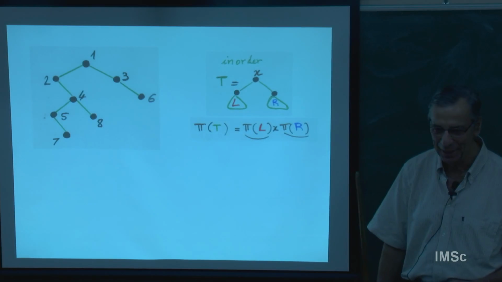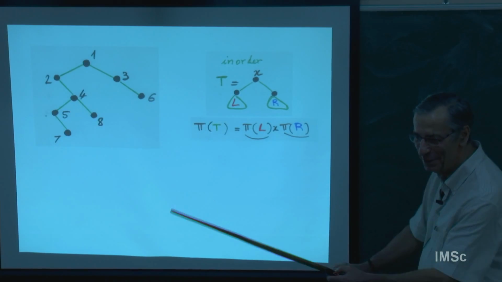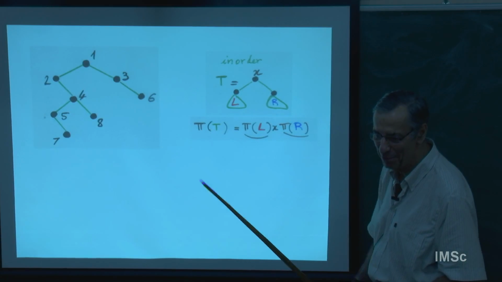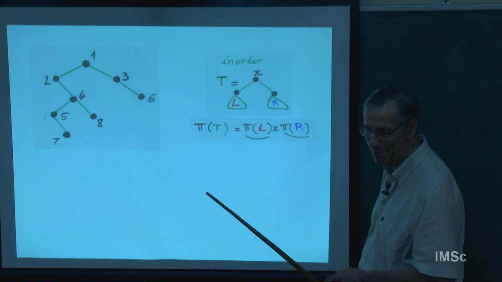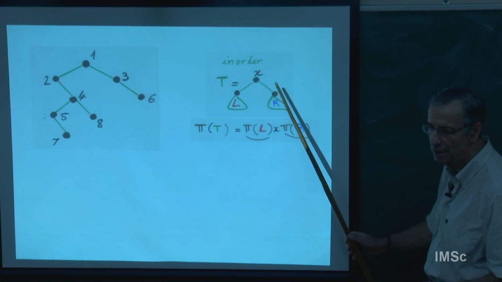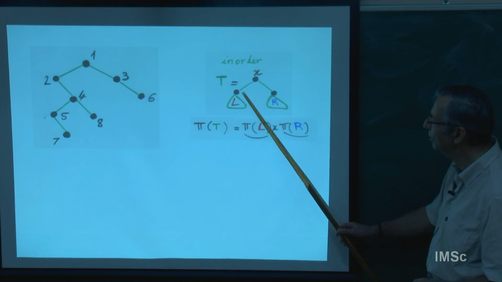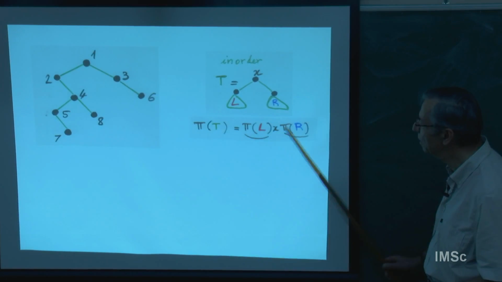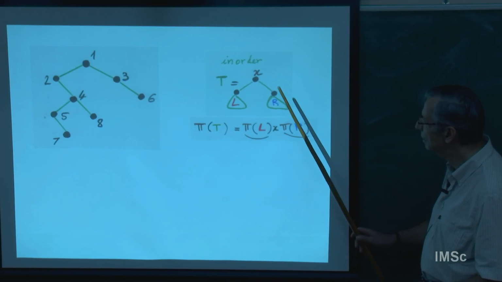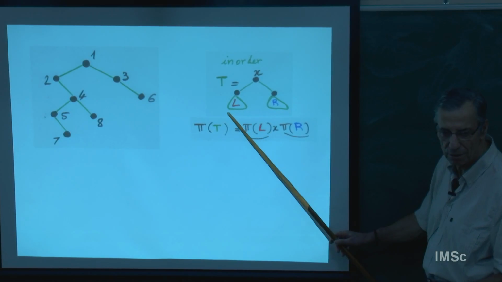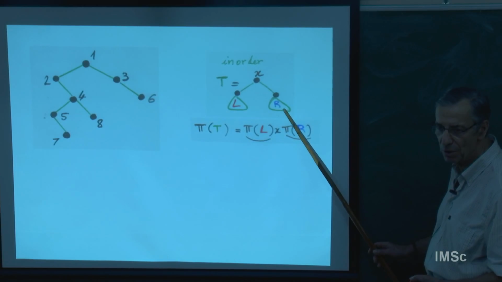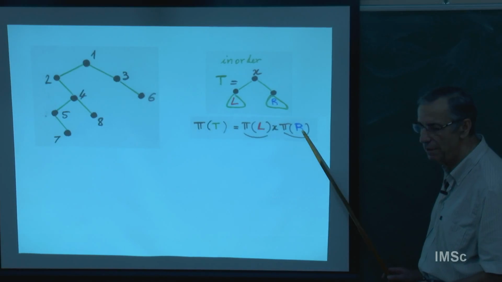I give you another proof. So I anticipate on the next time. I give you the bijection now. We have seen the bijection with the inversion table, the first, but now this is a bijection with permutations. Any binary tree, labeled or not labeled, you can visit all the vertices in order. And in order means first you visit all the vertices of L, then you visit X, then you visit R. So I can define a word. The in order is a word defined recursively like this.